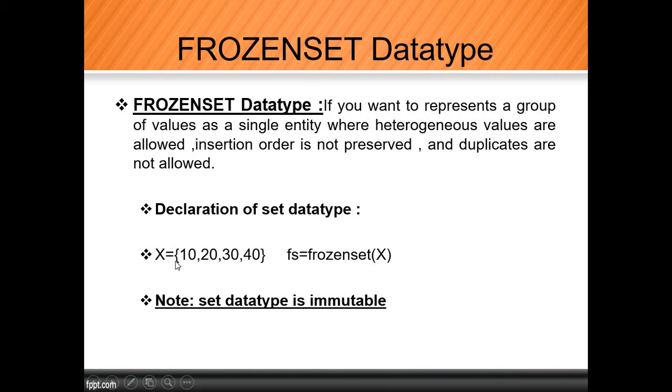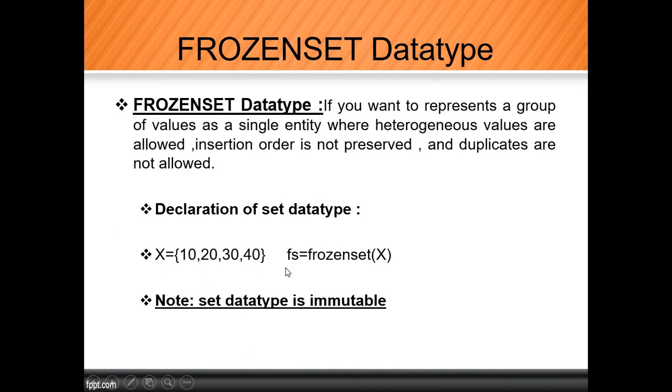x is equal to, in curly braces, 10, 20, 30, 40. I don't have a repeated value, so don't worry about that, and also I don't have a heterogeneous value. Right now I have only integer values, and they will be stored in a variable called x. Whenever we check what type of data it is, it will display set.